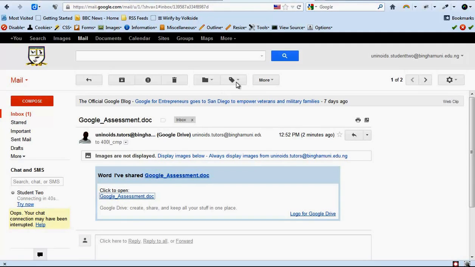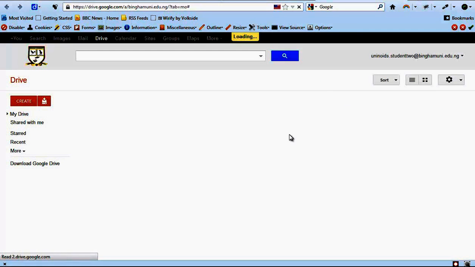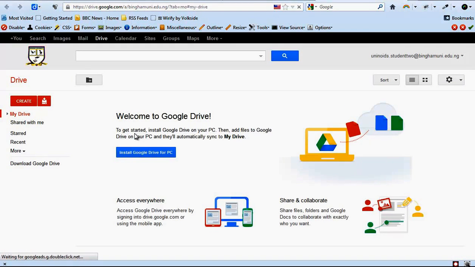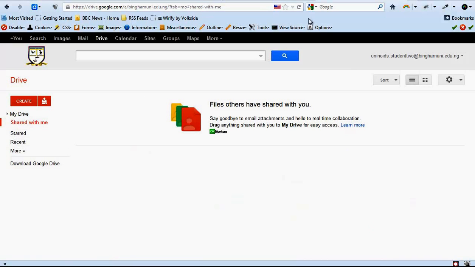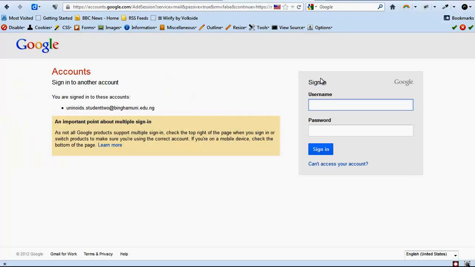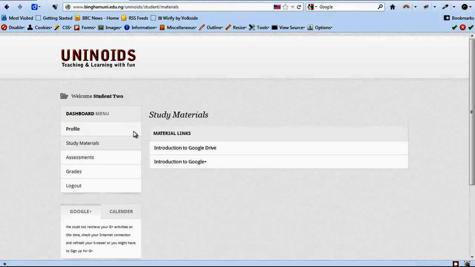And the students, if they want, could go to their drive. In this case, the student is just logging into his drive for the first time, so we can accept all the messages. Okay, so we've logged out. We're just logged in as one of the students here, so I think this is okay. This is just to show you that the student gets notified, and then if the student likes, the student